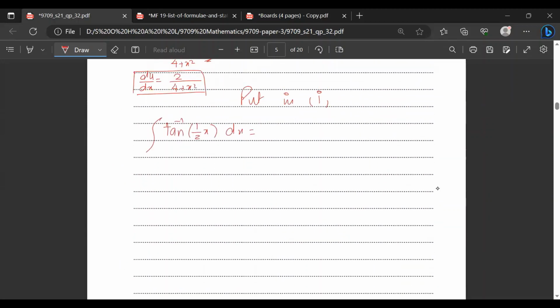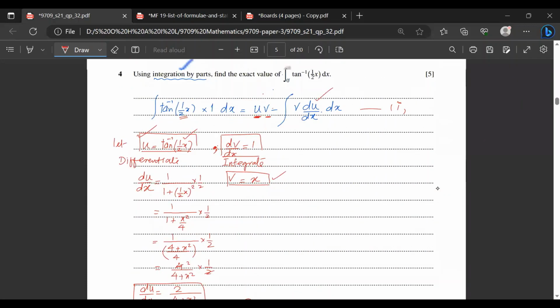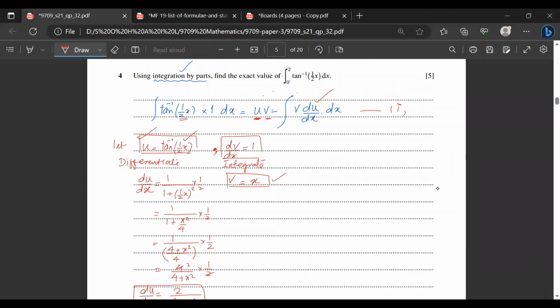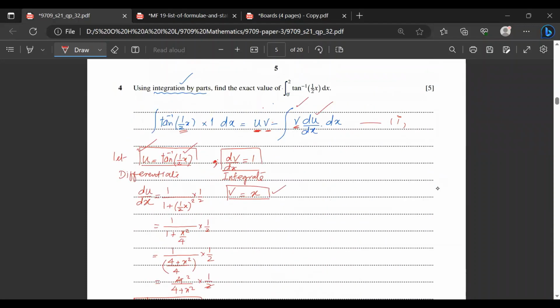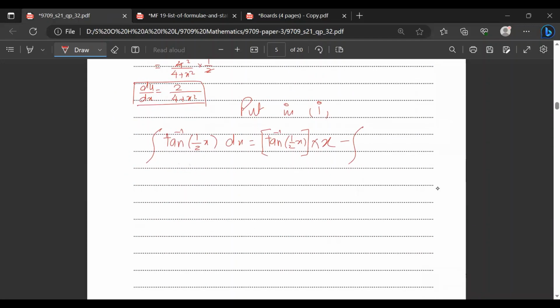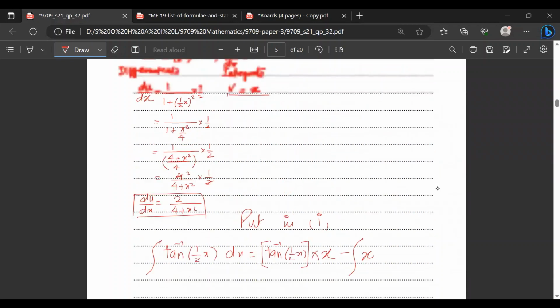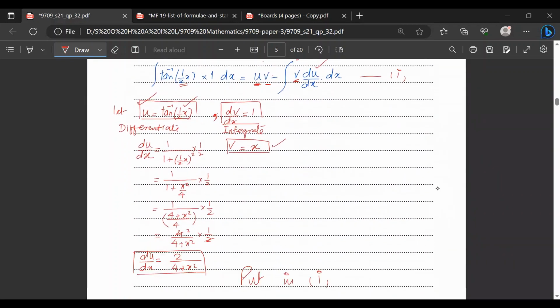That is uv, minus the integration sign, then v, where v is x,